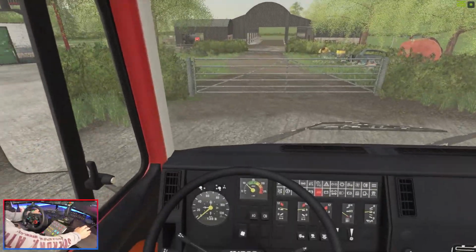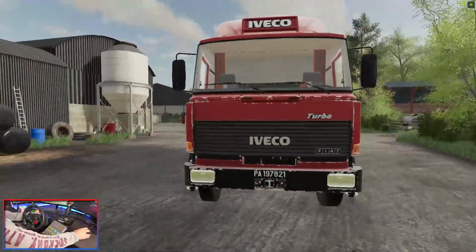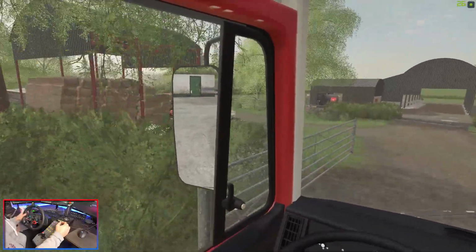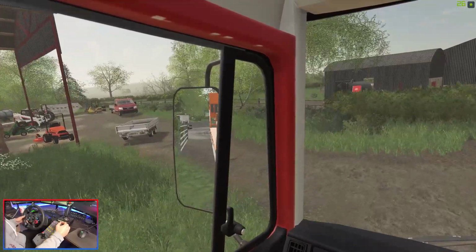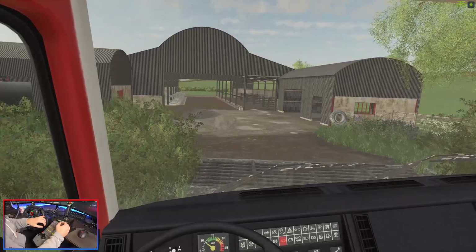One more gate to open here. Let's jump out. Let's get this one open. Right, so our stuff should just be up here on the left here. I can see some of it. There's our van. I call it a van once again. Our I4 Williams trailer is also here. I might actually have to move that. I've kind of left that in the way there a little bit, so...